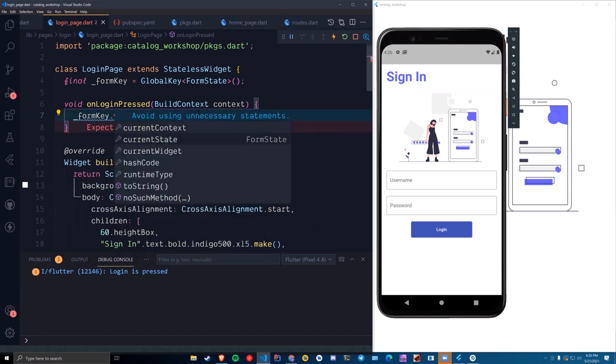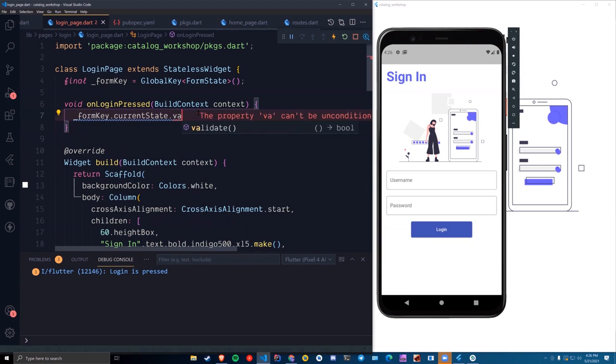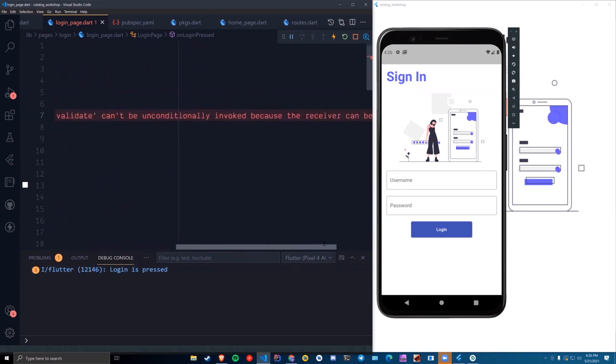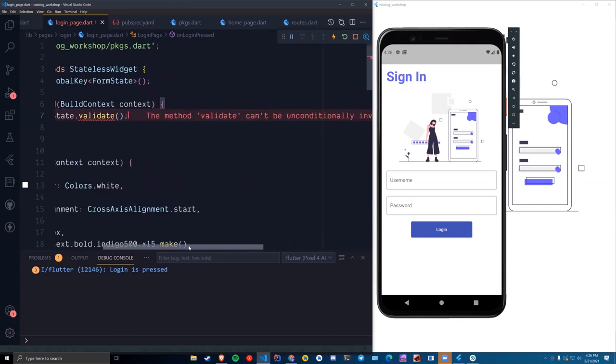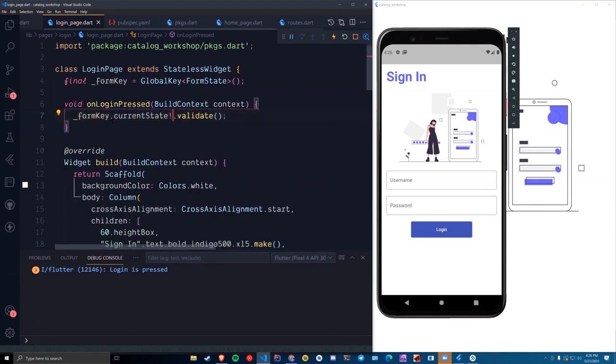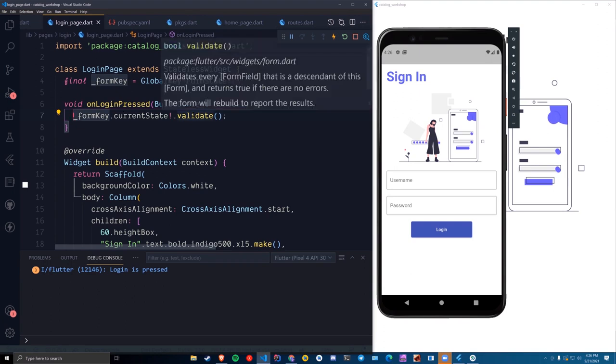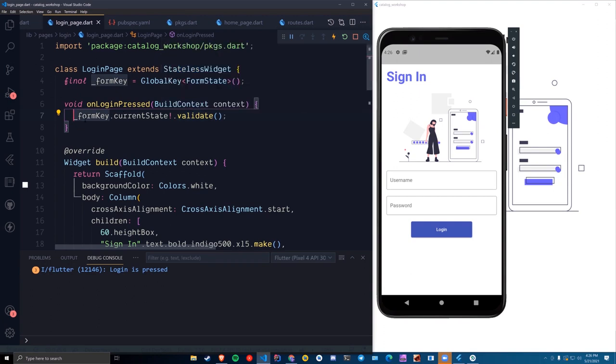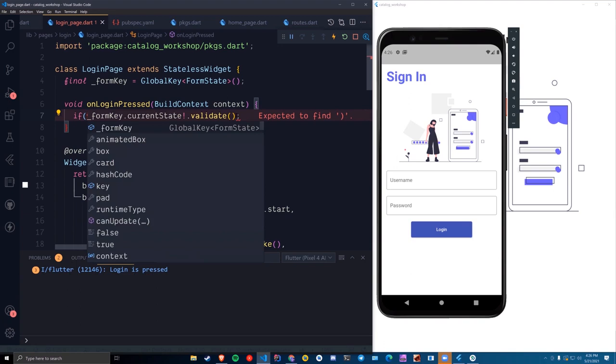Now what I want to do, first of all, is check from this form key dot currentState dot validate. I will ask this thing to validate, right? Now it is saying validate can't be conditionally invoked because the receiver can be null. We are sure it cannot be null, the current state cannot be null. This validate will always return a boolean, whether true or false, right? So first of all, I'll say if,